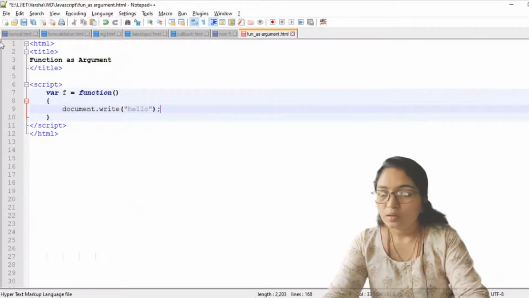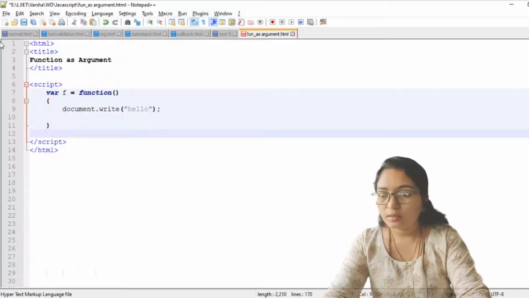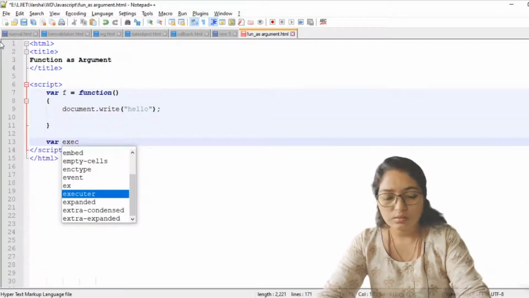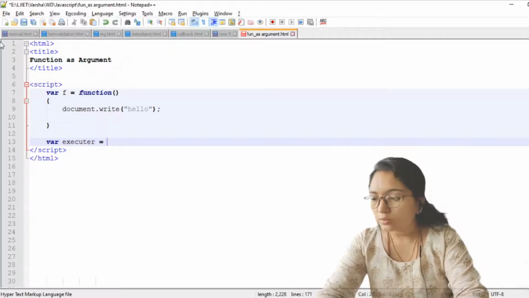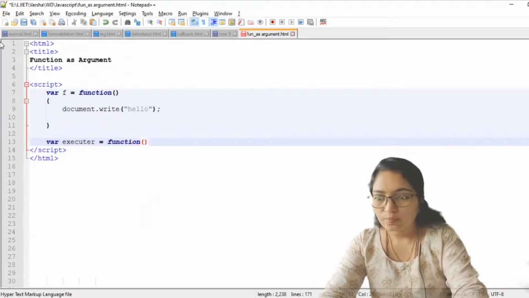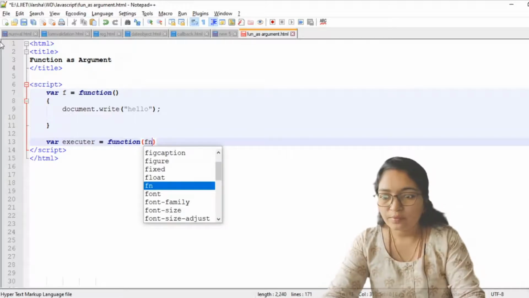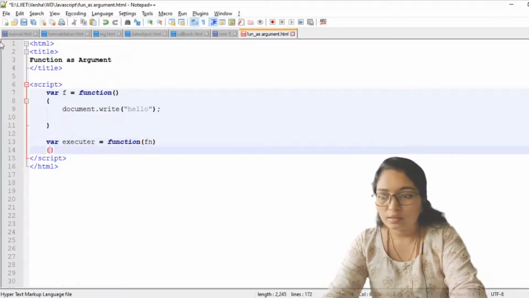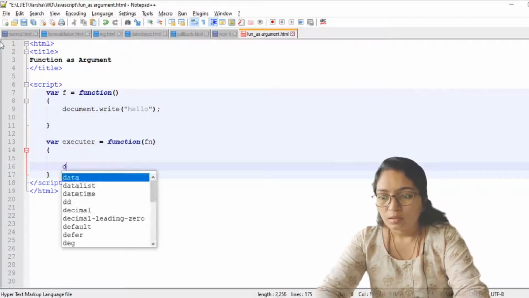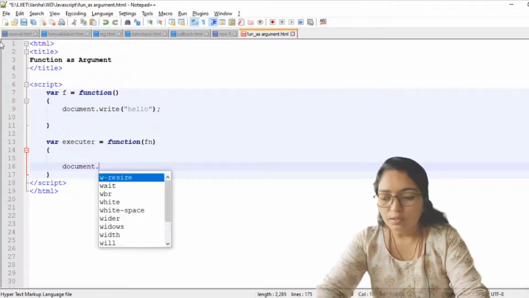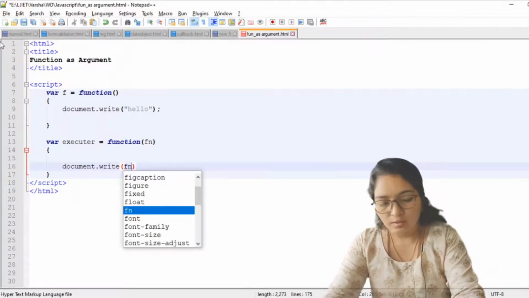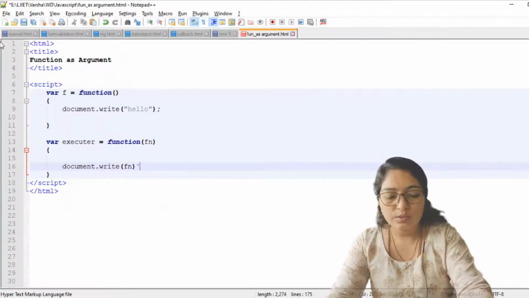Next, create another variable, executor, is equal to function in which you write fn, and here just write document.write, what you will write, fn. Now what will happen, you see.